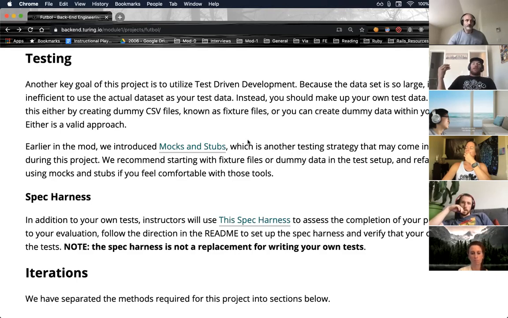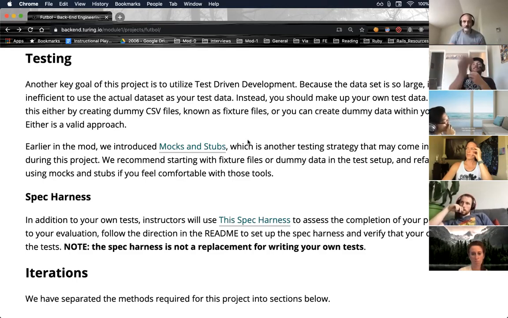And then another strategy is introducing mocks and stubs. So the objects that you create that depend on other objects, not actually instantiating those objects, but using mocks instead. And then stubbing out certain methods and certain attributes so that you do have the data that you need to work with to get some of these methods to run.